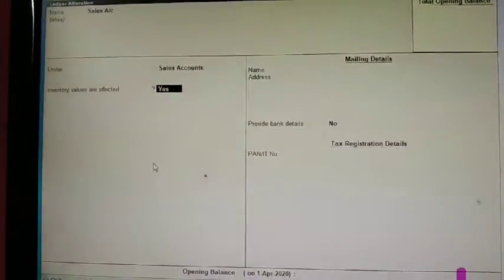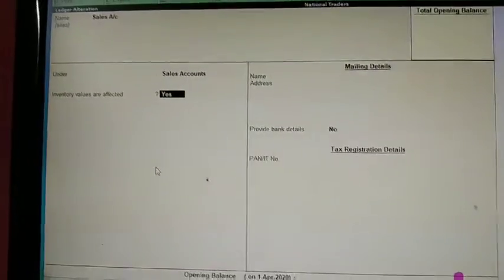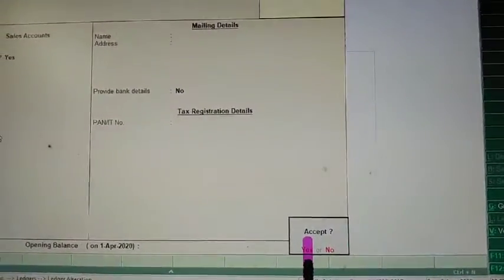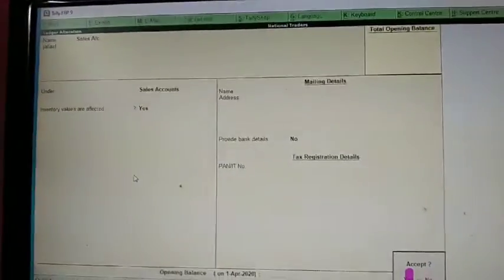So under sales account, inventory values are affected, yes or no, also you can give, and accept, and after the alteration you have to accept. One more important thing you should note, Tally does not allow duplicate names.